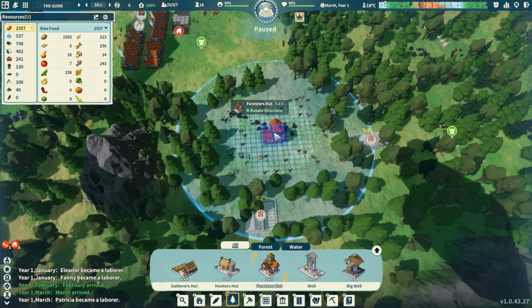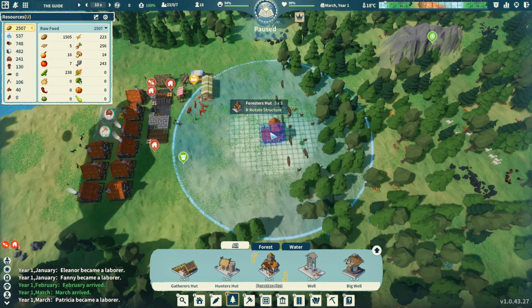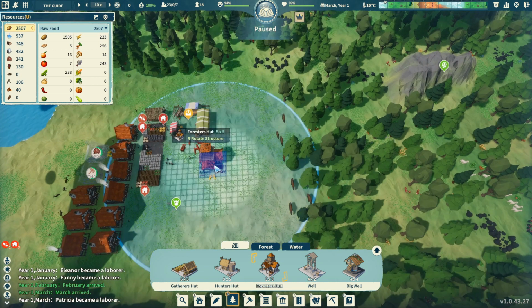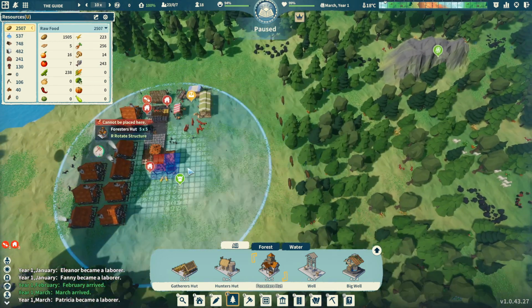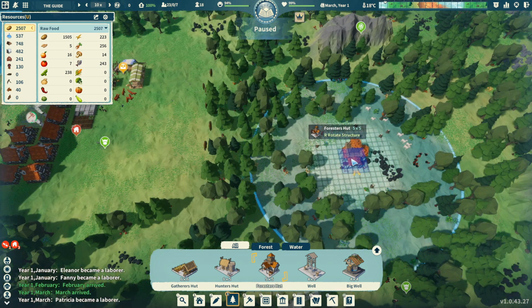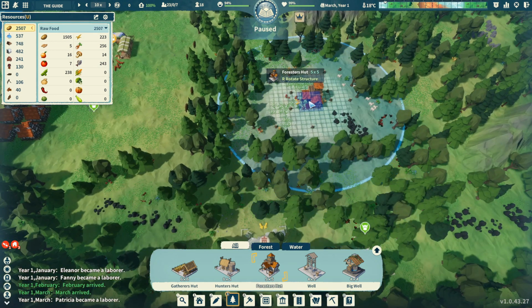Now you're going to need a forester hut. The forester hut provides the wood, they chop it down and take it back. Again, the same as the gatherer's hut, within the blue circle is where they're going to plant and cut the trees. Anything outside the blue circle, they will not. So let's put this somewhere. We're not going to put it near the town because it's going to end up having loads of trees everywhere. So we're going to put it somewhere that is going to keep